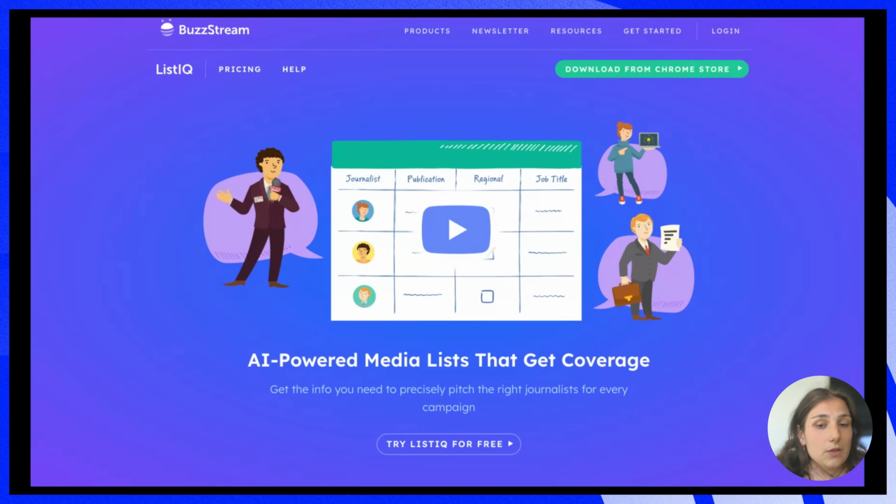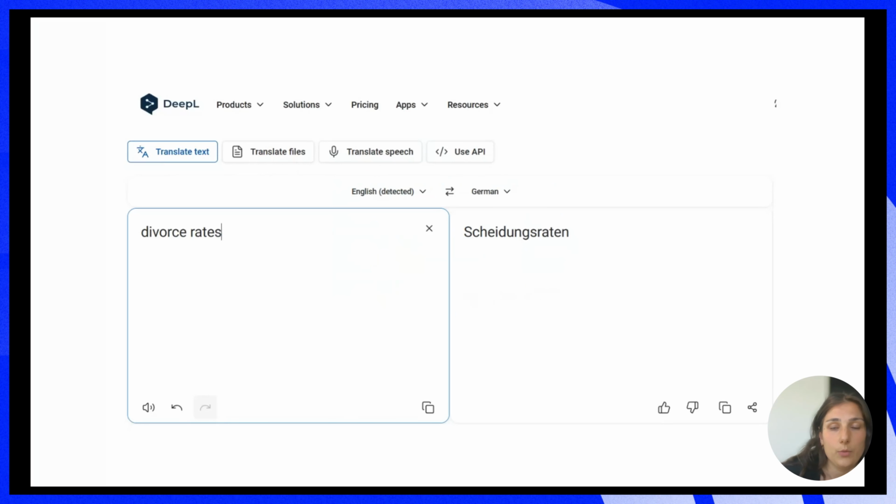So with the Chrome extension, we have inputted here an example, a German-specific piece, and you want to find German journalists. Let's say it's about divorce rates or couples, and you would go on DeepL. This is the only one internally that we would lean on more as a free tool to translate, most close enough.